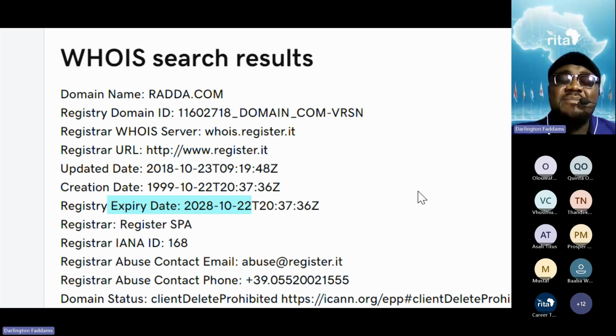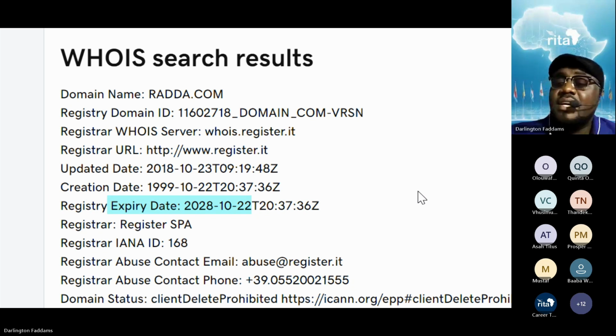Sometimes some people are waiting for a name to expire because most people register their name for just 1 year. It's okay to register your name for just 1 year. If it's a startup, just register for 1 year. When the time is up, if you are still doing the business, you renew it. Nobody will tell you to renew it.